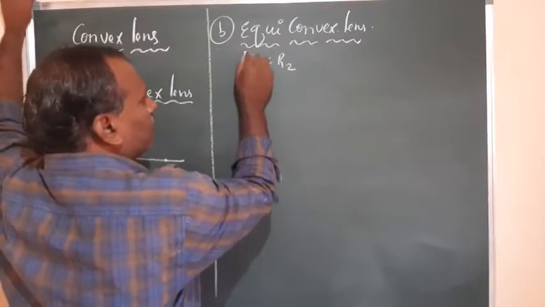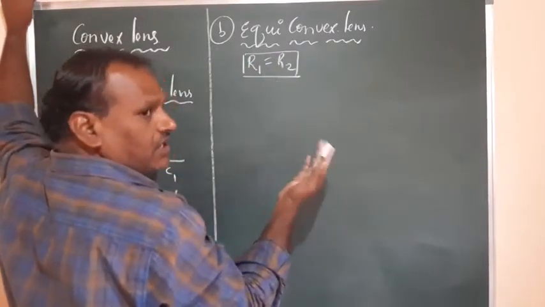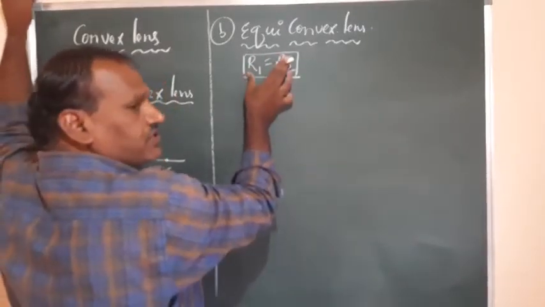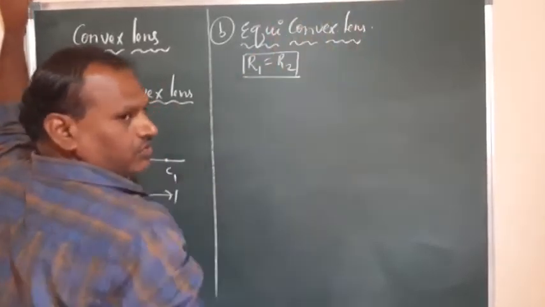So there you can call that lens convex or concave. If the radius of curvature is equal, that is equiconvex or equiconcave. Here it is biconvex or biconcave. So this is a convex. You can also draw the concave also. Just observe there R1, R2 are not equal. So either a convex lens or a concave lens, any type of lens you can have here, biconvex or maybe biconcave also.